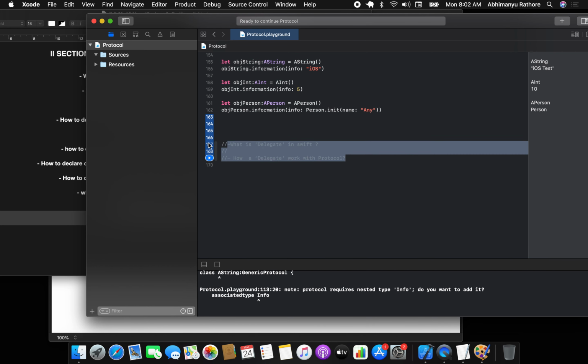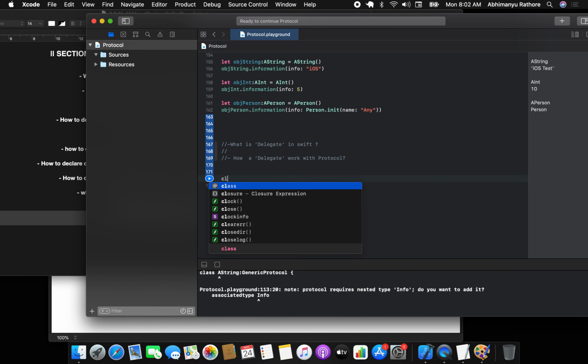So what is a delegate? I told you it's simply a representer of any entity or object which will be registered to its parent, who wants information about that particular child entity, whatever it is, view, object, or whatever functionality there is, right? So suppose I have a class Child, right? And Child is there, and in this child,